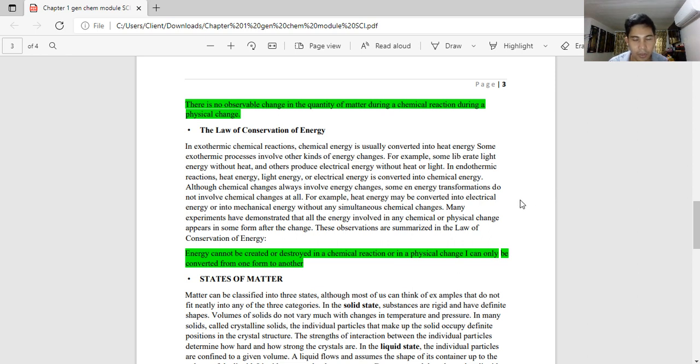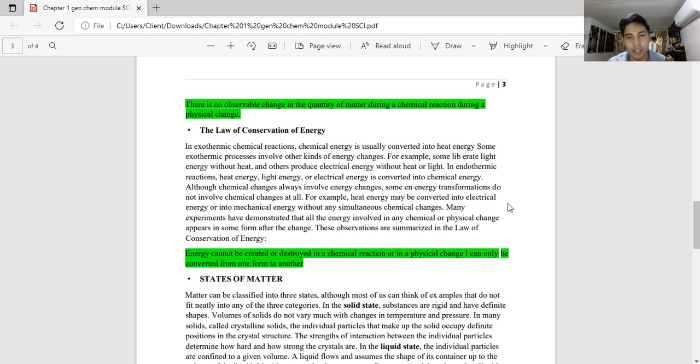Some of the energy transformations do not involve chemical changes at all. For example, heat energy may be converted into electrical energy. Okay, for example, the same example with coal, then used as electrical energy in power plants, or into mechanical energy without any